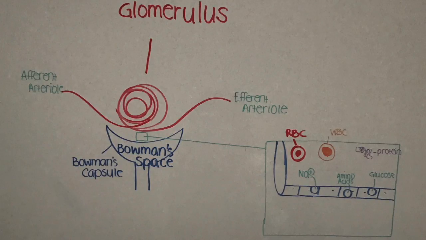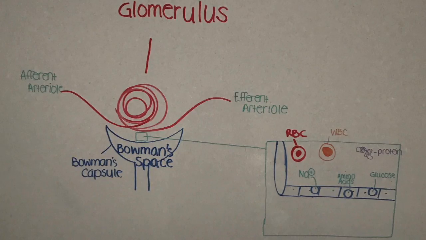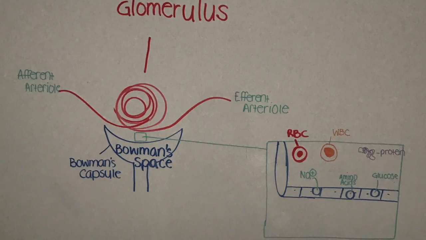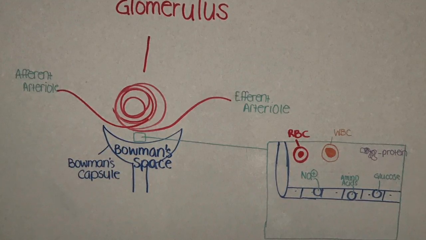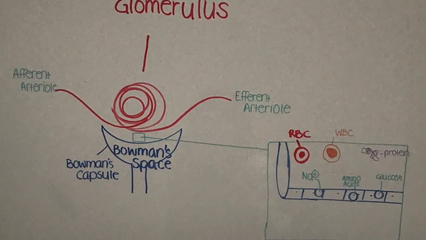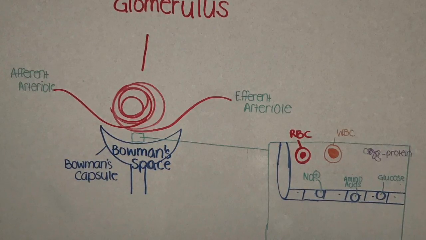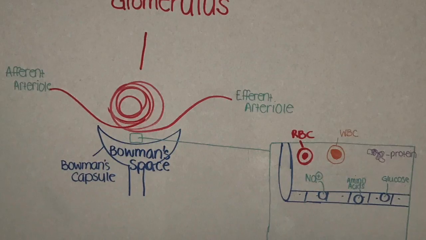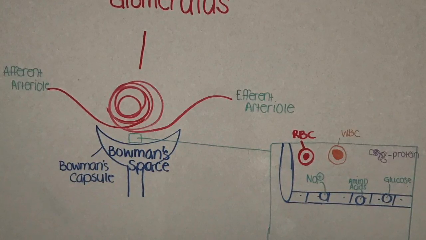It receives branches that come off the renal artery, which branch off into arterioles, which meet the glomerulus. The afferent arteriole goes towards the glomerulus, and efferent goes away from the glomerulus. In this process, a ton of fluid is filtered out of the blood and goes into this blue capsule called the Bowman's capsule. Bowman's capsule is the first part of the nephron to actually collect fluid that's going to be